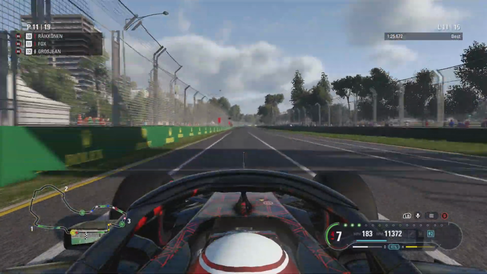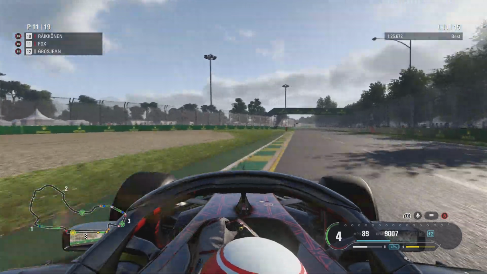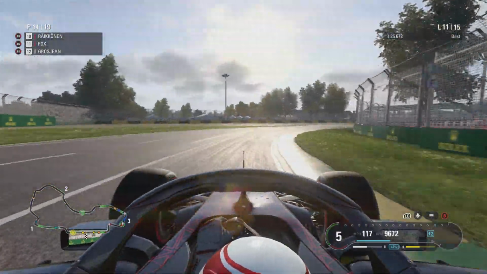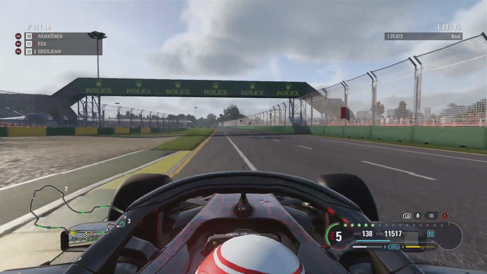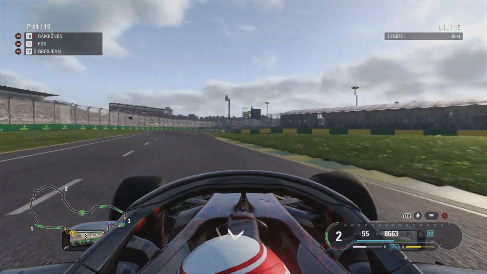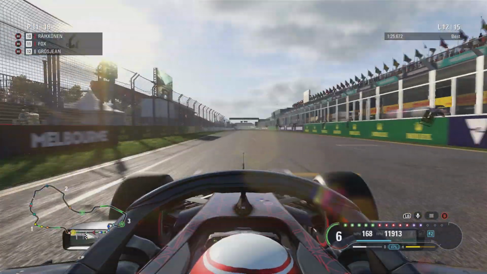Raikkonen's now in the points though for Alfa, which is brilliant. So that means obviously now, if we get another problem with the front runner, that'll chuck us in the points. But obviously, there's no guarantee on that. So